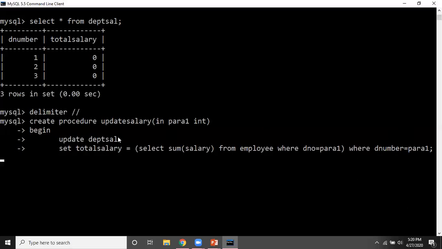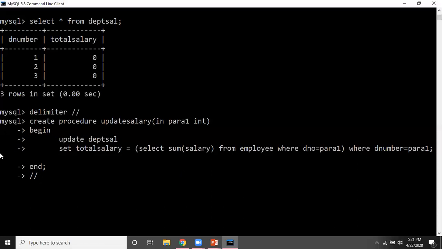Okay. Now after this, what we have to do, we have to end this query. So here I'm writing end. Now still my procedure is not ended. Why? Because I have not kept the delimiter. Right now my delimiter is what? Double slash, this forward slash. So when I put this delimiter, my procedure definition will end.